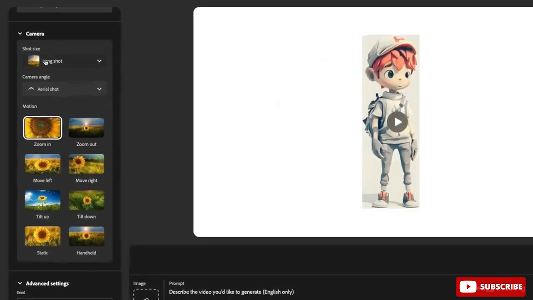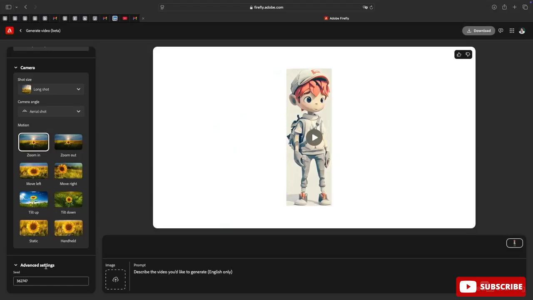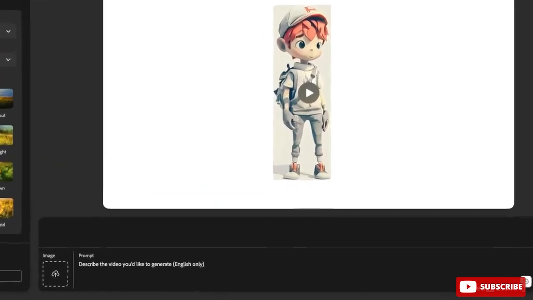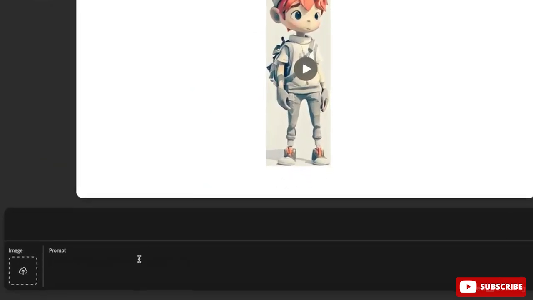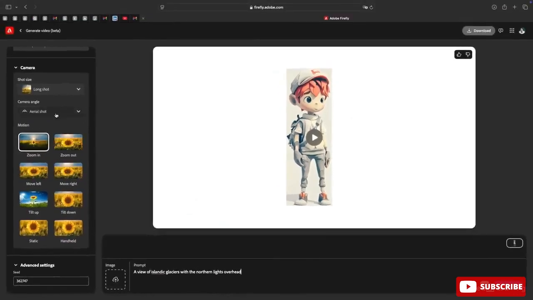Now that we have our camera set up, you'll notice that under advanced settings, you're given a seed, which is a mathematical number if you ever wanted to mimic this type of camera movement again. Let's now take that and combine that with a prompt. Sticking with the Northern Lights, a view of Icelandic glaciers with the Northern Lights overhead. With this chosen, and no image in this case as a reference, along with my camera settings, let's choose to